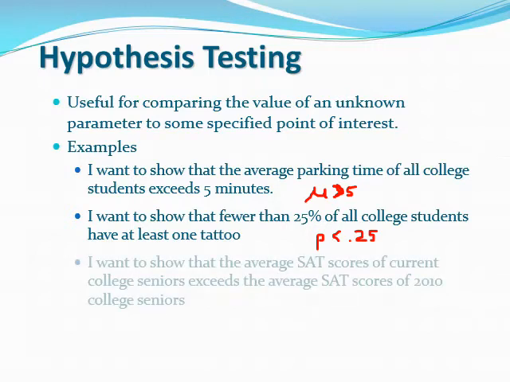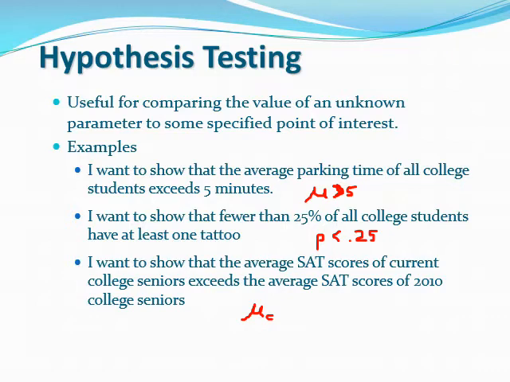I'm going to go one further. Later on, we're going to see how we can use this hypothesis testing technique to do other things too. We've worked with means and proportions so far, but we're going to get to a place where we can compare two means or compare two proportions. And in this example, I want to show that the average SAT scores of current college seniors exceeds the average SAT scores of 2010 college seniors. And so there's a couple ways of writing it, but to think about it the way I've talked about it now,